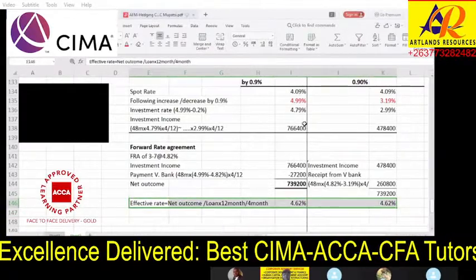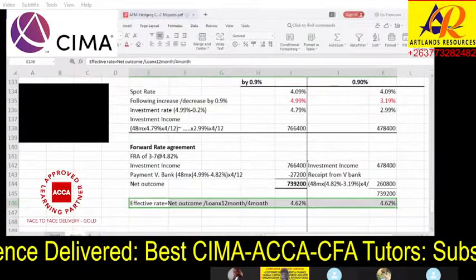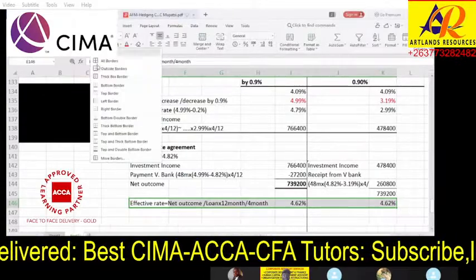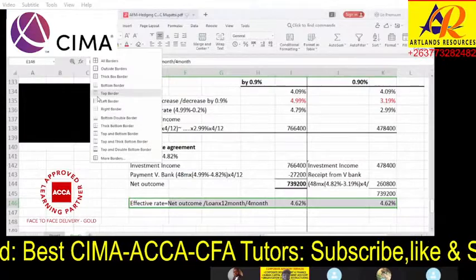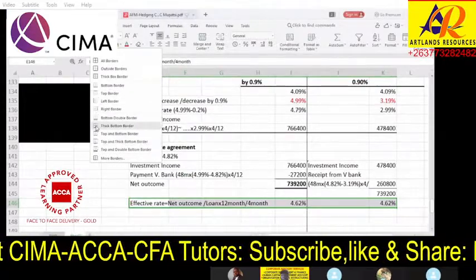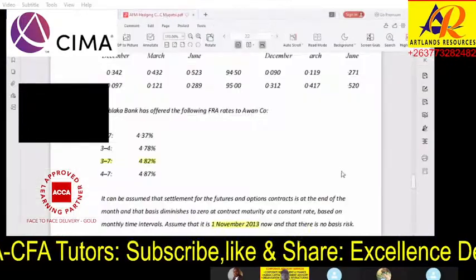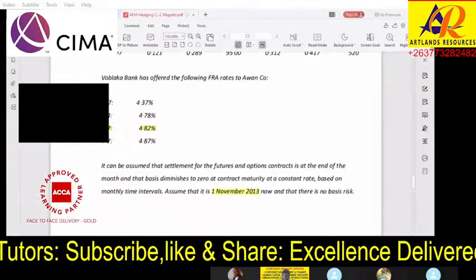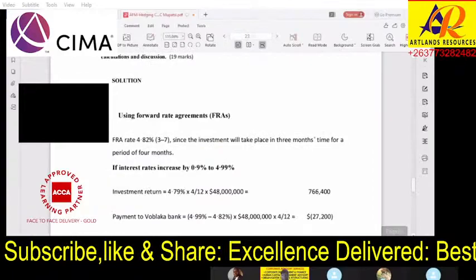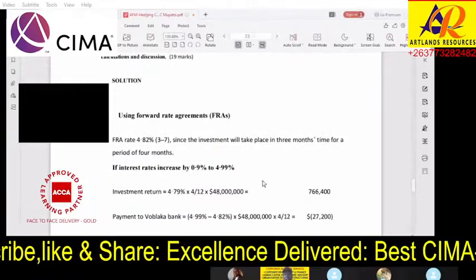Are you not seeing? Look at how succinct my working is. Look at how brief and articulate it is. Imagine if you had followed what the examiner did. Notice what the examiner did just for forward. This is the forward from here